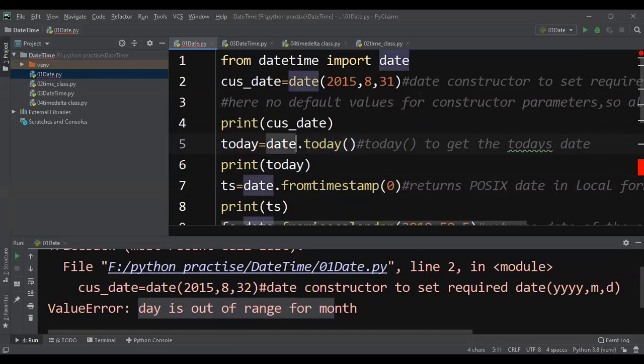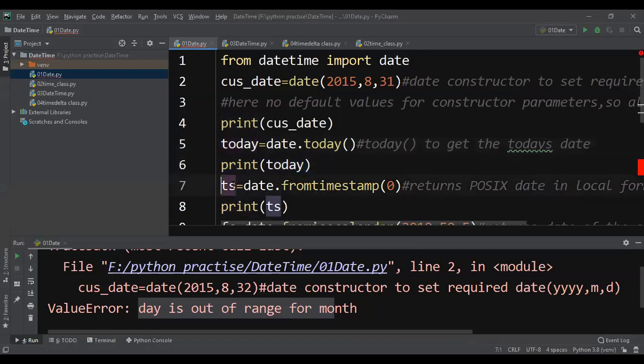Here my date class object is available from the module, so your class objects are always your class names. I want to access the today function from my date class, so I have to give date.today. It will return today's date, which will be stored in a variable called today. Then I'm going to print today.